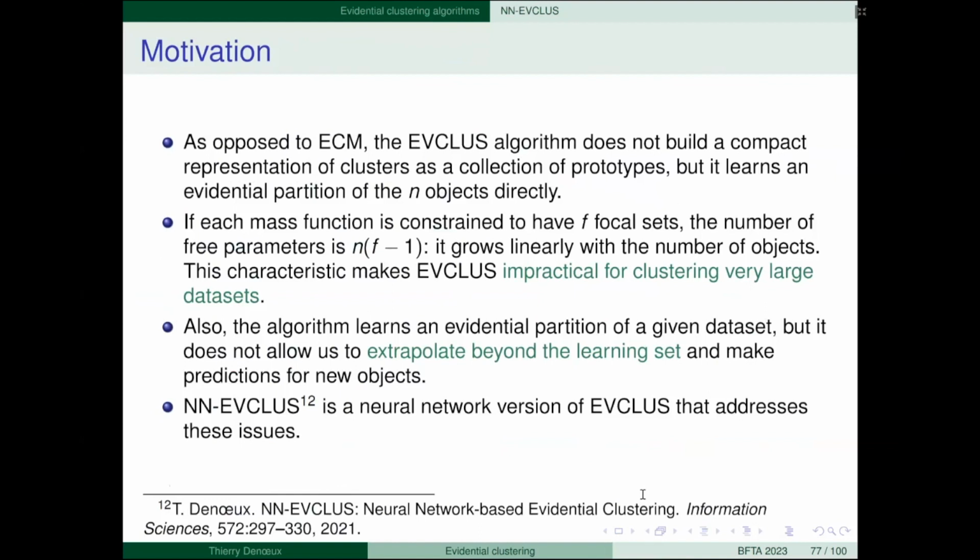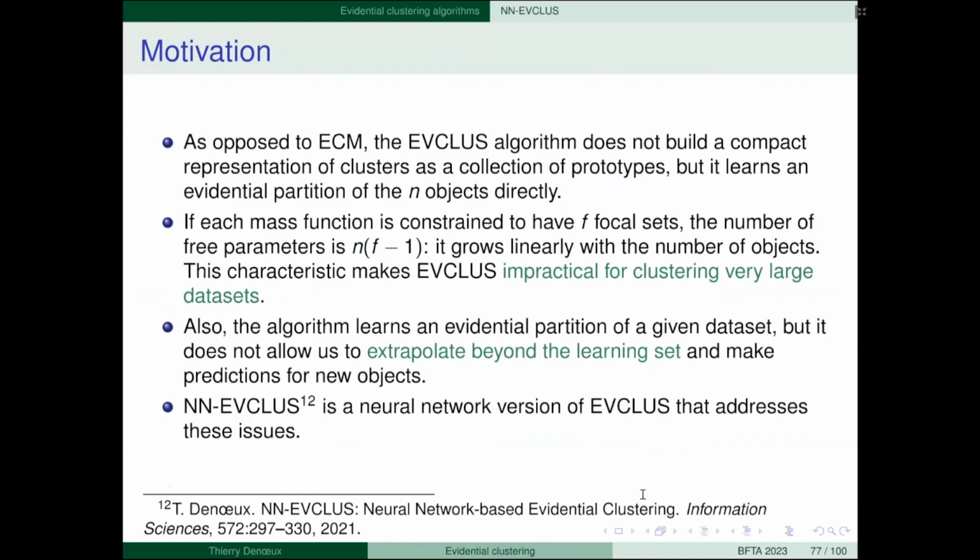So this characteristic makes EVCLUS impractical for clustering very large data sets because the number of parameters increases linearly with the number of objects. Also, if you have learned an evidential partition from a given data set, you cannot extrapolate to new data.